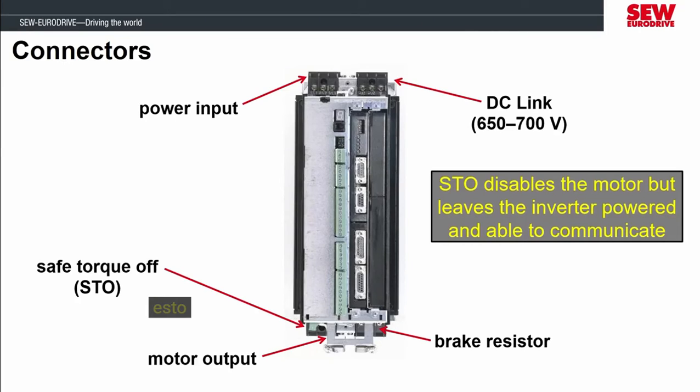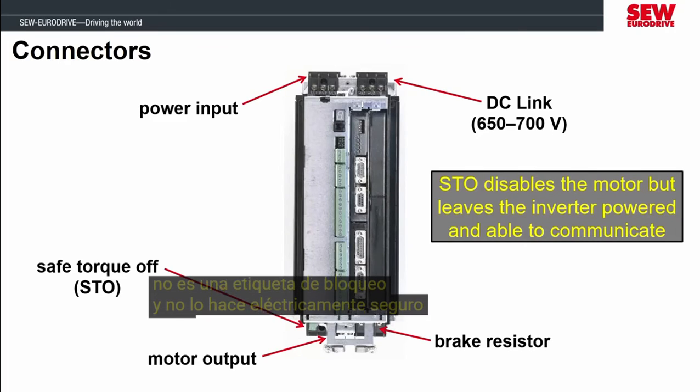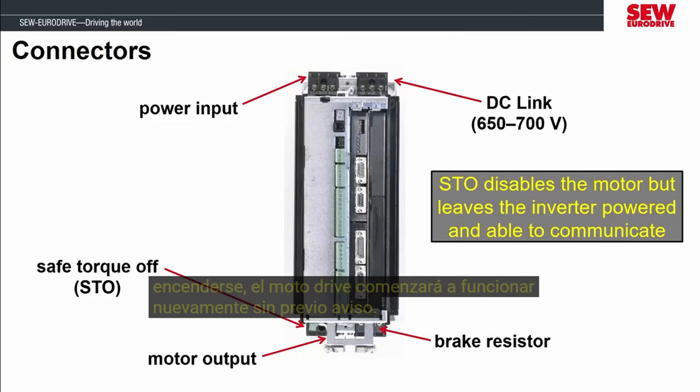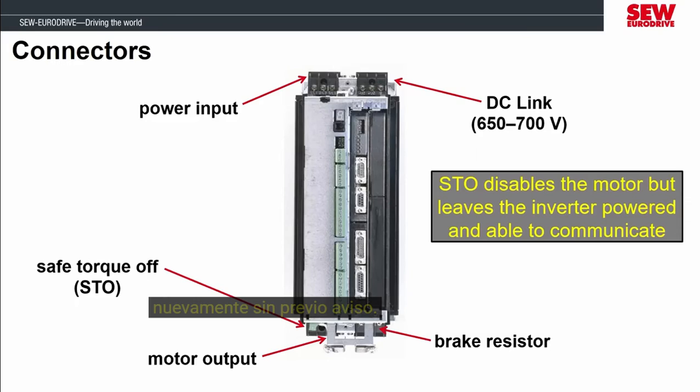It's important to remember that this is not a lockout tagout, and it doesn't make it electrically safe to work on. There is still 460 and 700 volts present, and the MOVIDRIVE is still powered. As soon as the 24-volt STO signal switches back on, the MOVIDRIVE will start operating again without warning. You will always need to electrically and mechanically lock out the machine to do any work on a MOVIDRIVE or